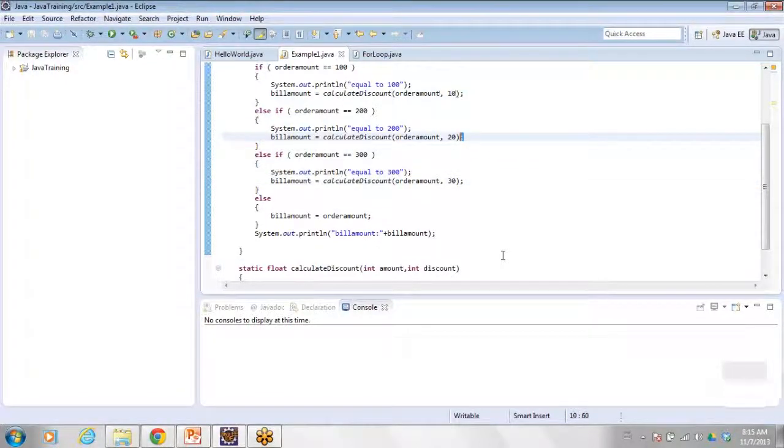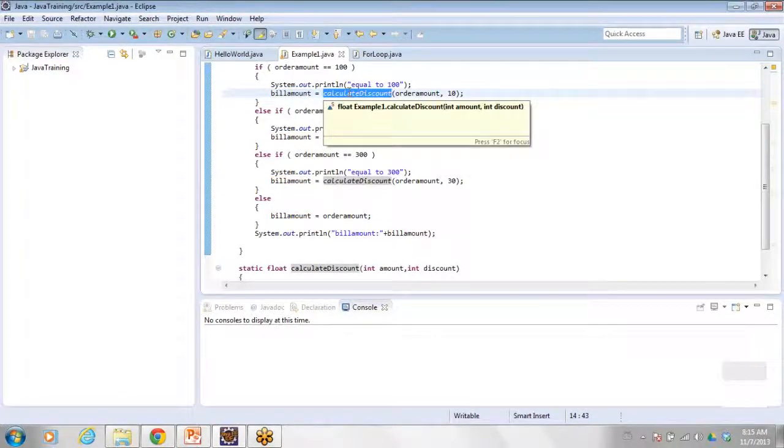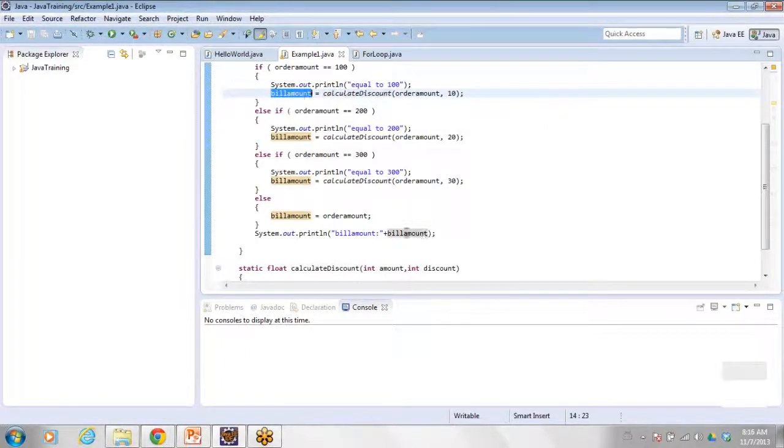So I have called this function. So the return value of this function is getting assigned to this variable. So the calculated discount will be returned by this function and is getting assigned to this variable, and we are printing the value of the bill amount.